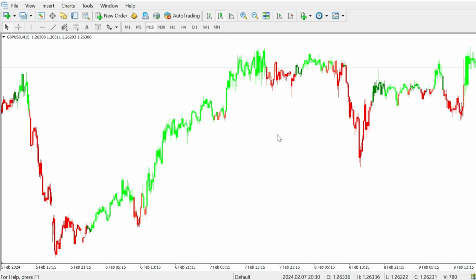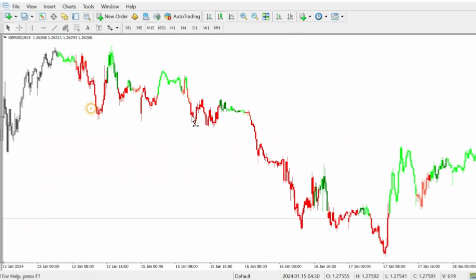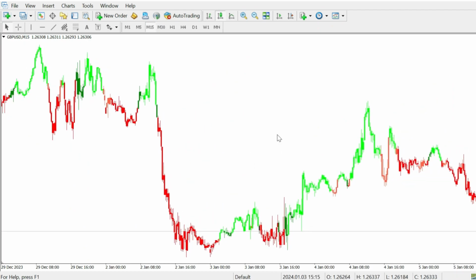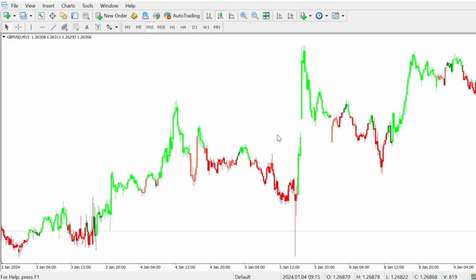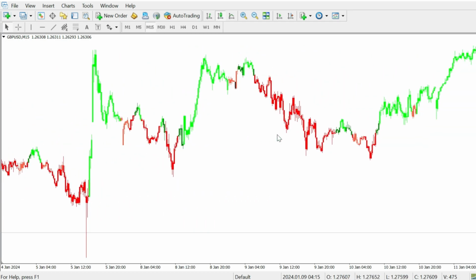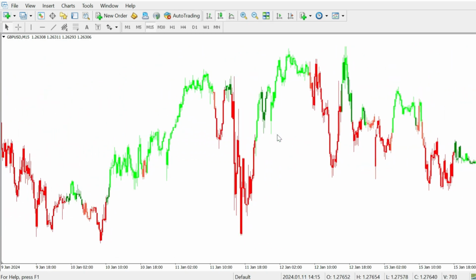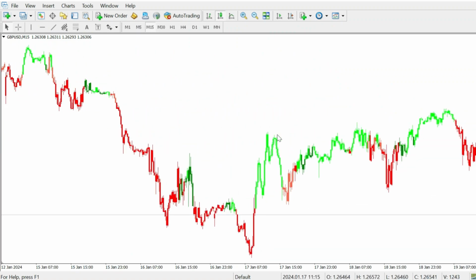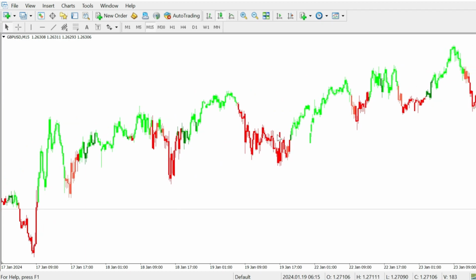You are now able to easily identify the direction of the market, because each trend has its respective color. This can help you control your emotions, especially your fear of the market. Experienced traders like to stack trades, meaning entering more trades as the markets continue to push in their direction. With this nifty little tool, you can know that the market is in a strong trend and enter more trades,